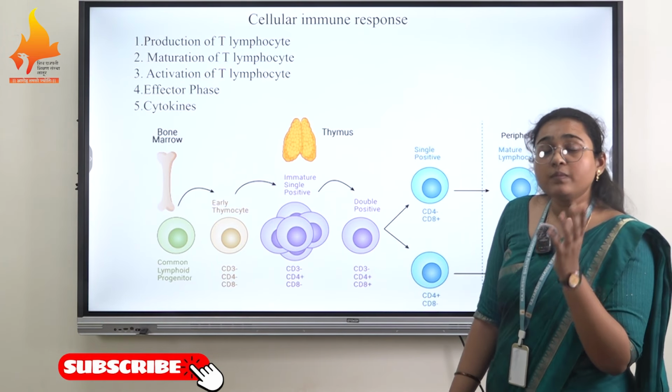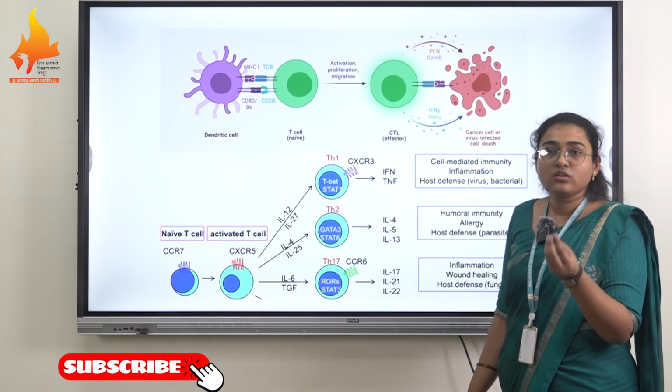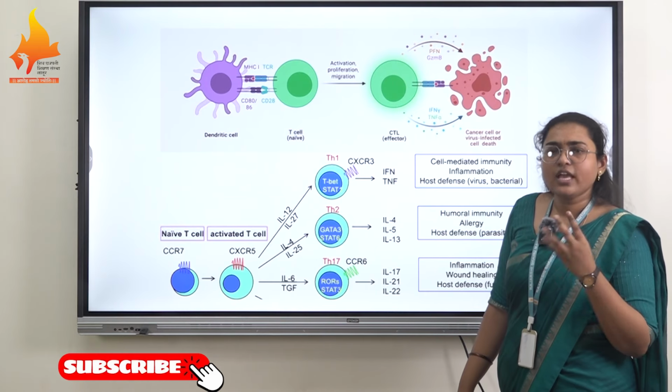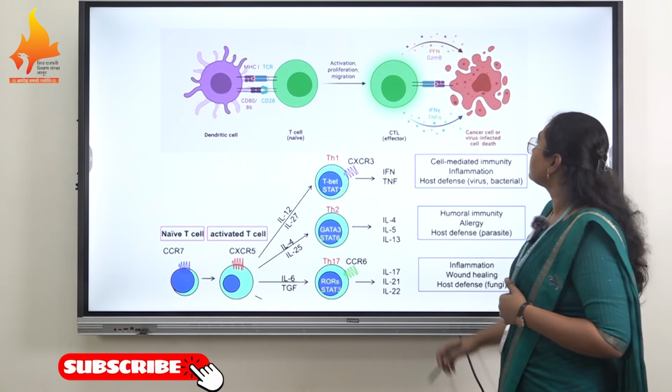But there is a difference. The cytokines released by the T cytotoxic cells actually kill the cell via apoptosis. For the apoptosis, T cytotoxic cells release perforins, granzymes, interferon, tumor necrosis factor, etc., depending upon what type of cell it is dealing with. Suppose it is a cancerous cell, then it can send the tumor necrosis factor inside the cell for cell killing or cell death by apoptosis. Second, for the normal cell, it can release the perforin or granzymes.